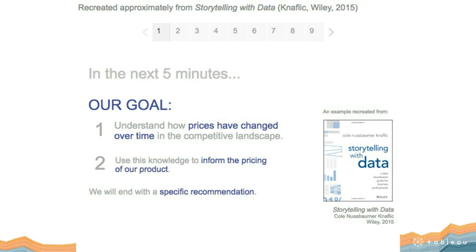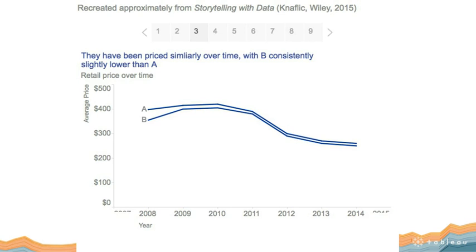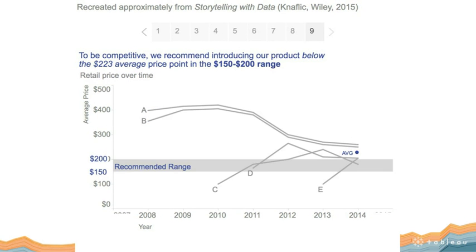But she walks us through how you can take data about a product. Let's say you're going to launch a product into a market. And see these little film strips across the top here, 1 to 9? I can actually piece through a story step by step, and I'll zoom to the end, to help people come to a conclusion about what we should do. So stepping someone through the story of the data like a novelist steps you through pages and chapters to help someone see the big picture.